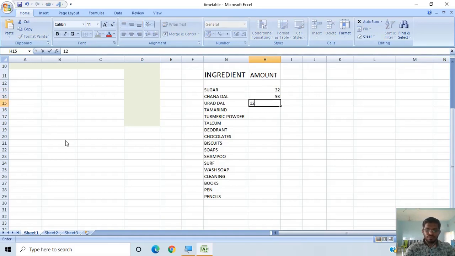So I am entering the amount which has been paid for them.